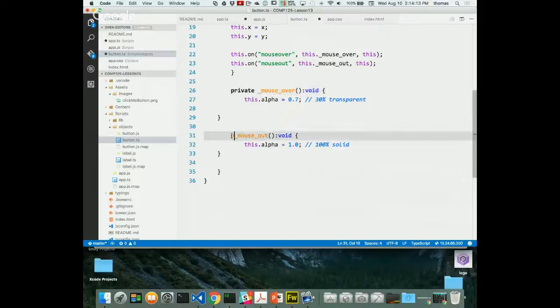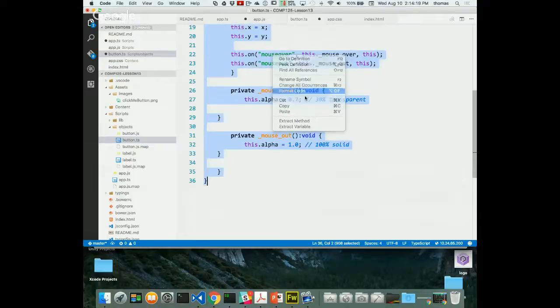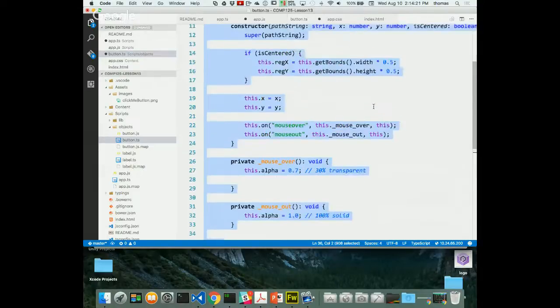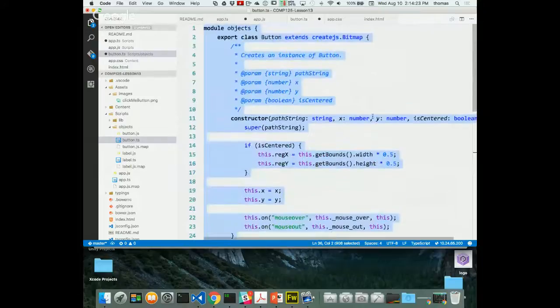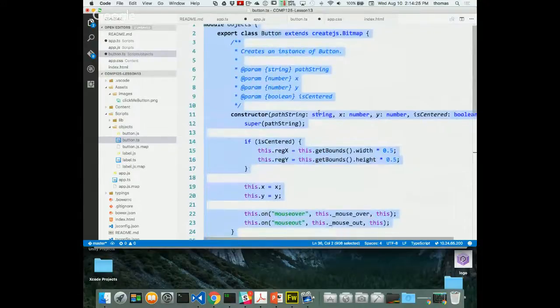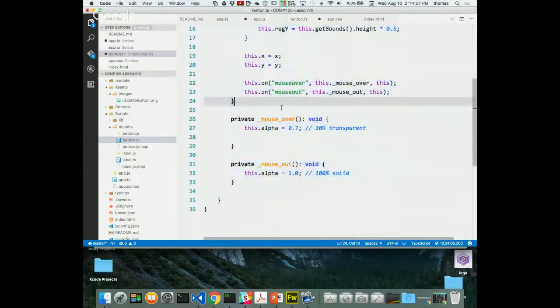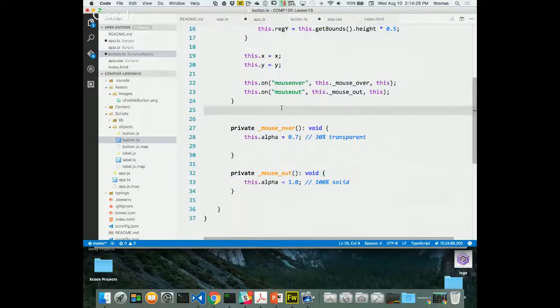That's the beautiful thing. It's very similar to any other programming you've done. To make this, let's just select everything and format. You can see how this is my button class now, right? So my button class starts up here. And as I go down here, I have a couple of methods. They're both private,